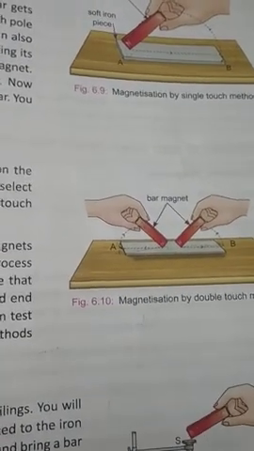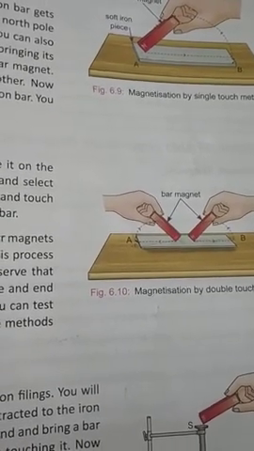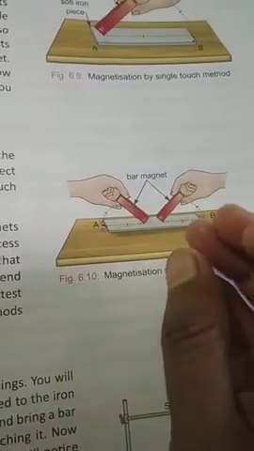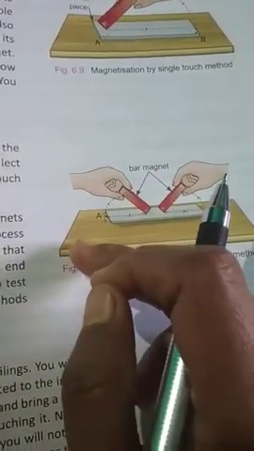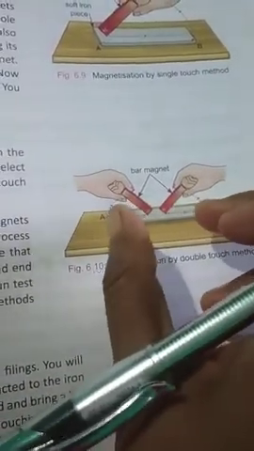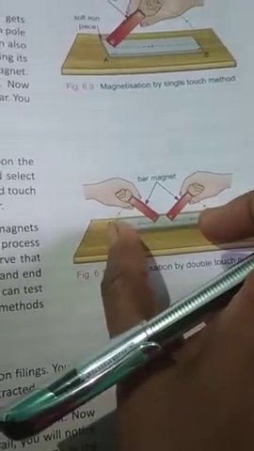Like pole will repel and unlike pole will attract. Understood? And also you can bring some iron filings nearby it. You will see that iron filings will get attracted towards this iron bar. It means that this iron bar will act like a magnet.